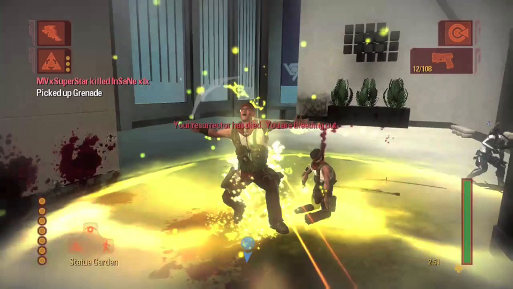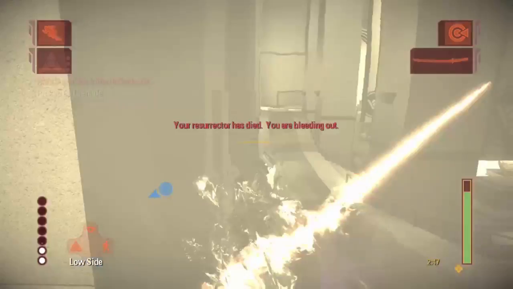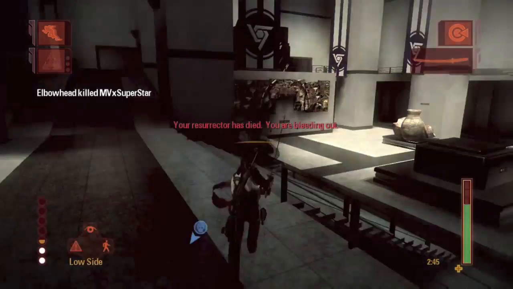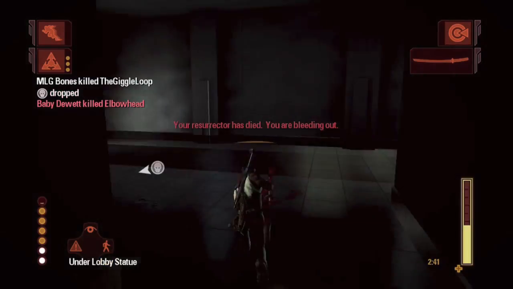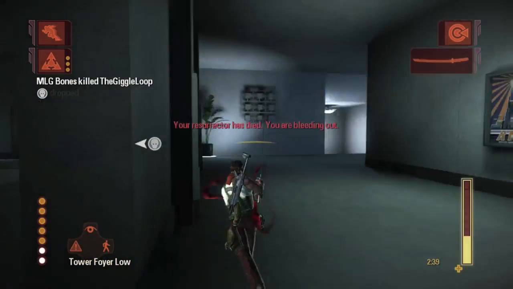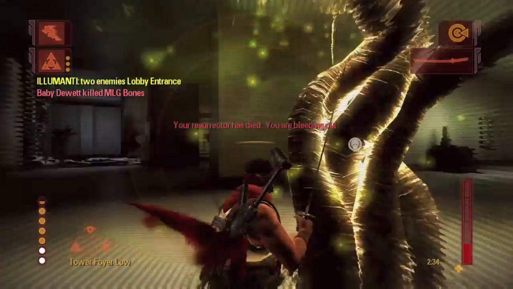In this example, my teammate dies immediately after resurrecting me, which puts me in a fucking predicament. Remember that if you die, all those you've resurrected will begin to bleed out. Players who are bleeding out will slowly lose health until they die unless resurrected by another teammate. If you begin to bleed out, try to find a tree of life to tide you over until another ally